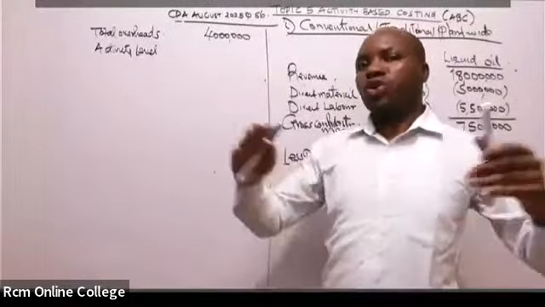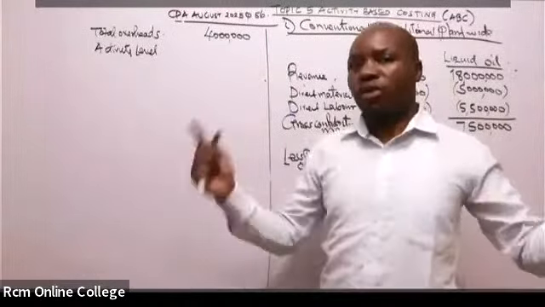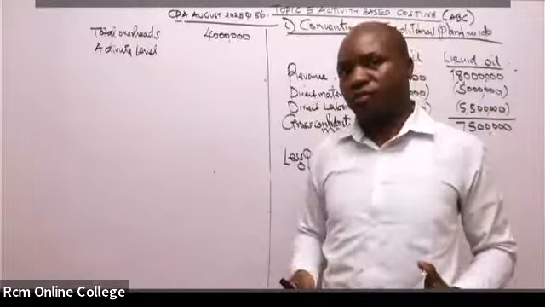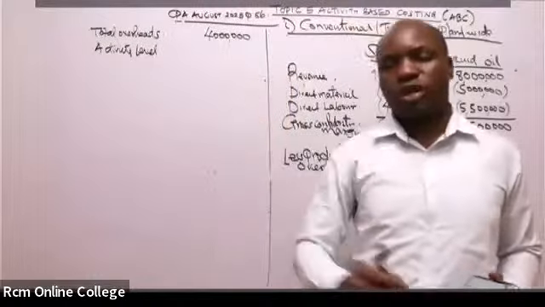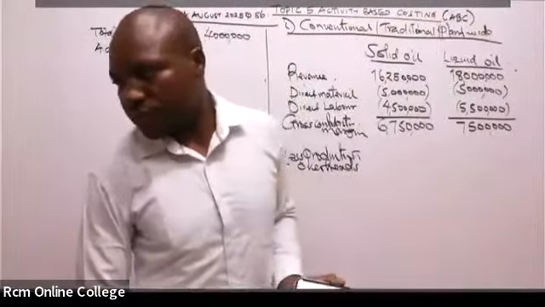Can we now get the total budgeted labor hours for the two products or for the entire organization? 50,000 for the solid plus 50,000 for the liquid. That will give us